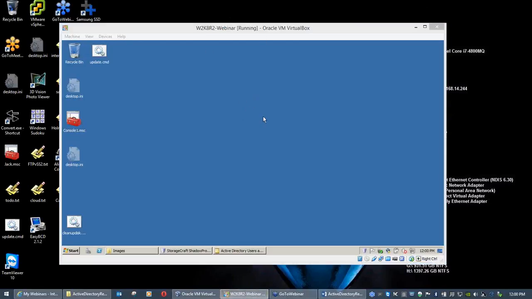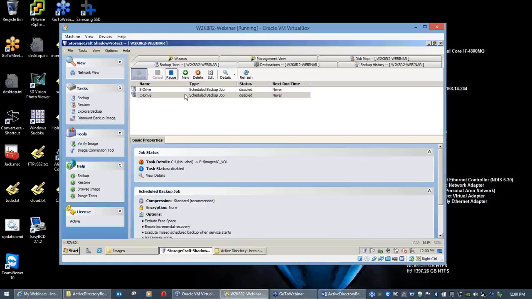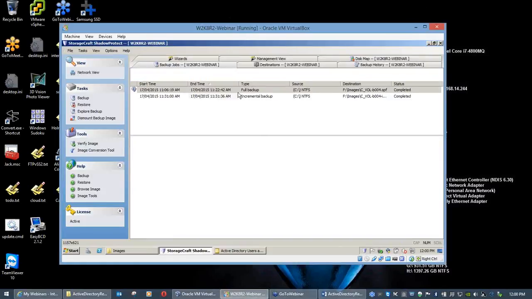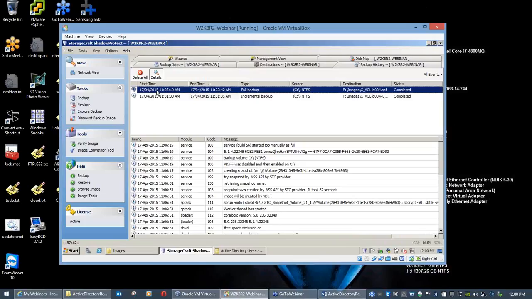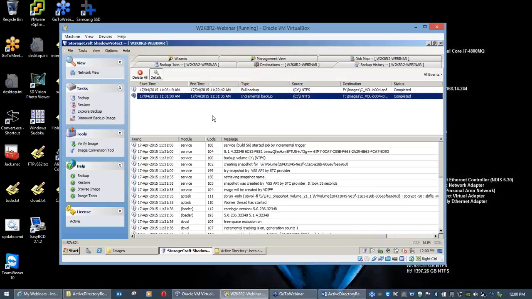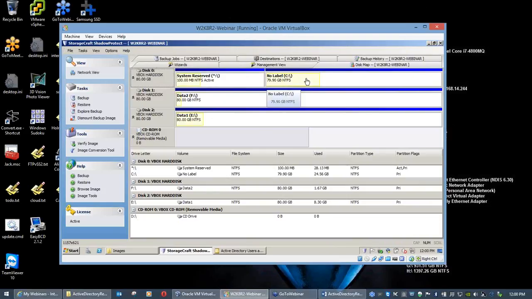This is just an Active Directory domain controller that I fired up this morning based on ShadowProtect. I did do a couple of backups this morning, so you can see them here. I did the full backup at 11:06, and then did an incremental at about 11:30. Okay, nothing out of the ordinary. I did just back up the C drive, folks. Okay, on this particular computer,